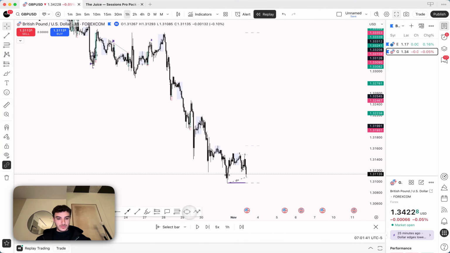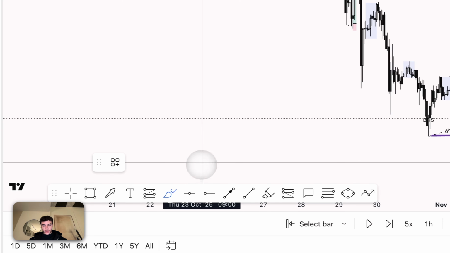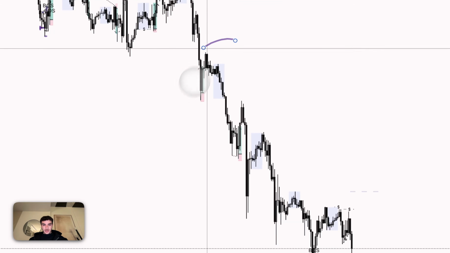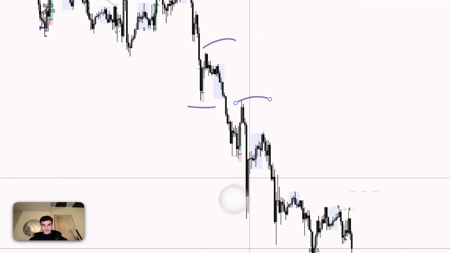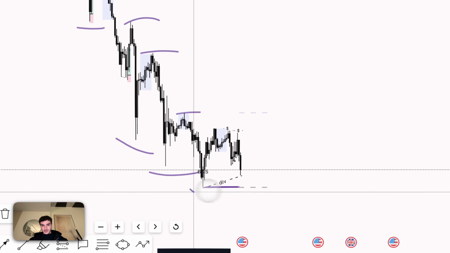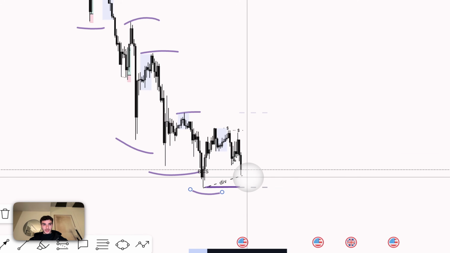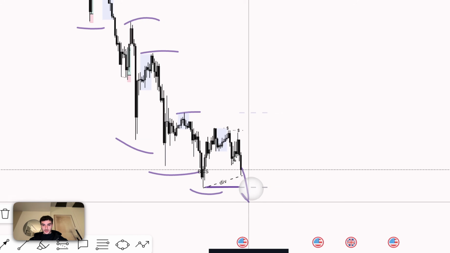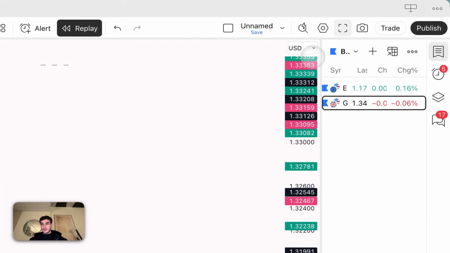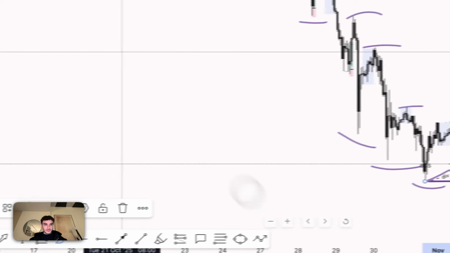Okay, so like I said earlier, but charts now, we can clearly see that we have a higher high, a lower high, a lower low, a lower high, a lower low, a lower high, a lower low, a lower high, a lower low. Now we're looking for price to basically go lower, but on GU it didn't go lower. Now I'm going to go to EU. So if I go to EU,